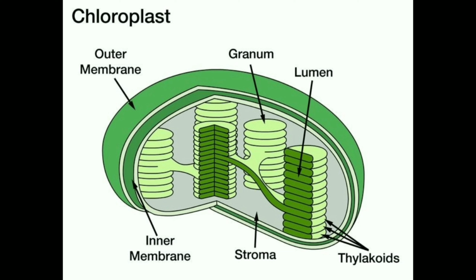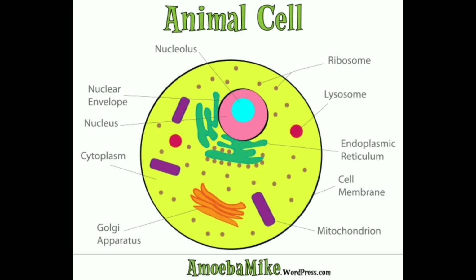Chloroplast's primary function is to trap energy from sunlight and transform it into chemical energy. These are found in many shapes, for example, in algae, ladder, star shapes, and so on. There may be 50 to 200 chloroplasts in a cell. Point to be noted that we don't have any chloroplasts in animals.